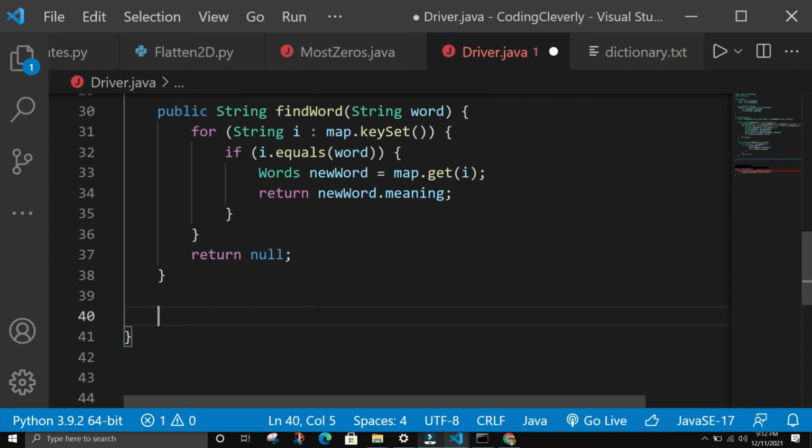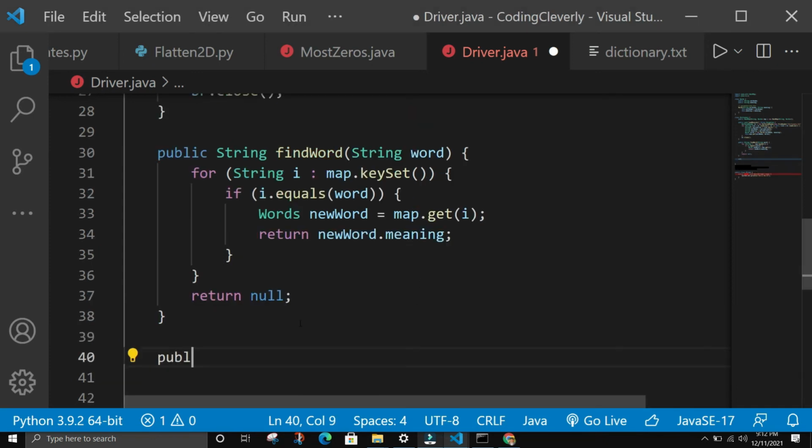So we did our load records, we did our find word, now we have to do our save records. It would use the buffered writer instead of the buffered reader, and it would create a word name, and it would create the word meaning, and we could use it to add more words and meanings to the thing. We could say public, and we could say void, and we could say save records,